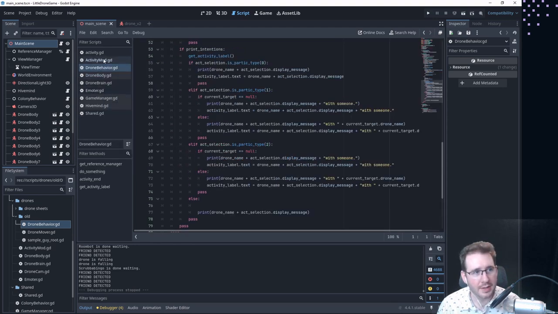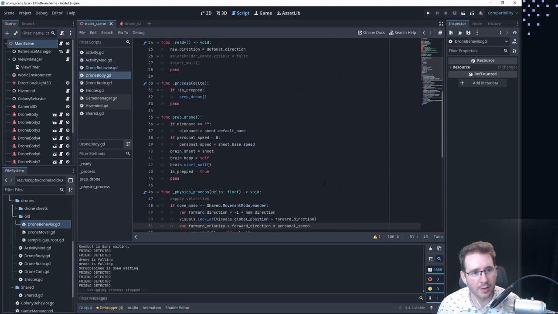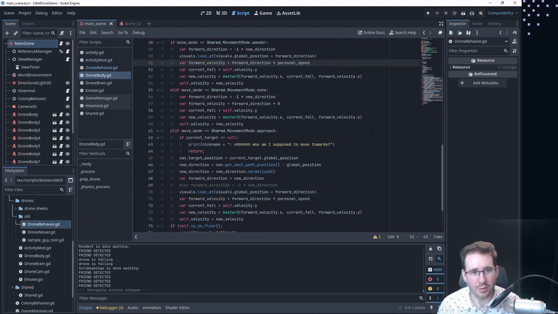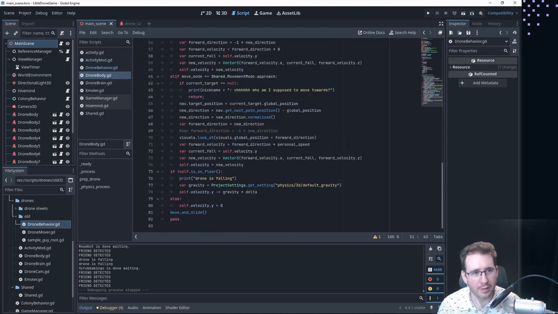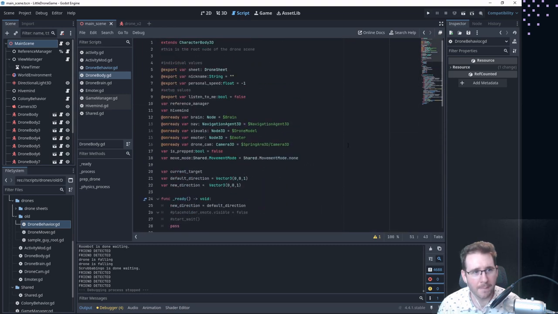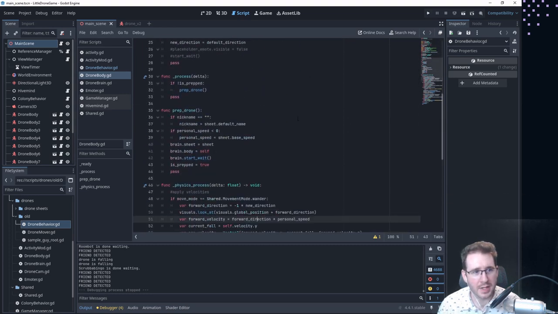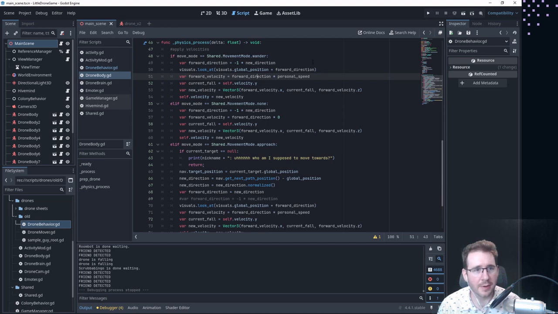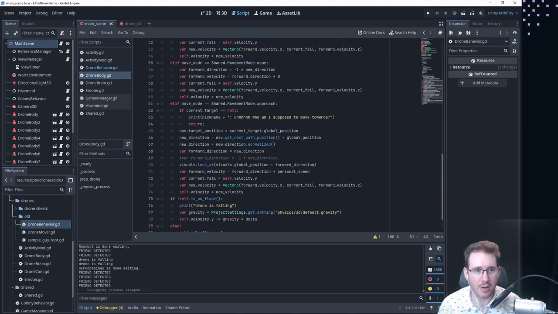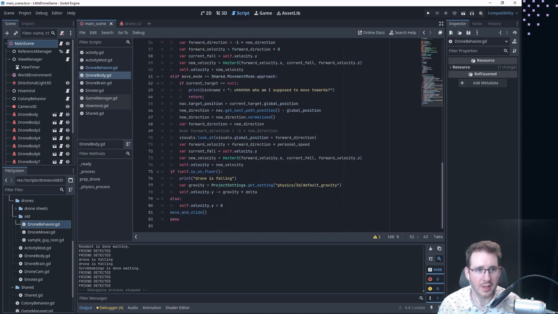So we'll close that, and I want to say it's in drone body that we do all of our scooting around, right? So let's see, process, physics process, here we go. If shared movement mode is approach, this is when we're doing the get path, get target position, etc., etc. So what we probably want to be doing